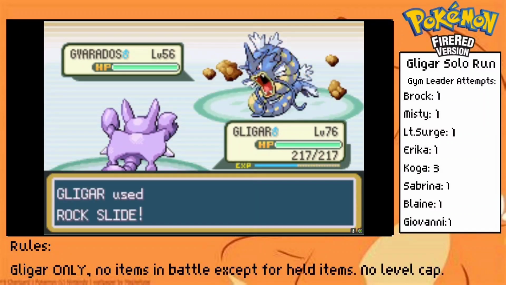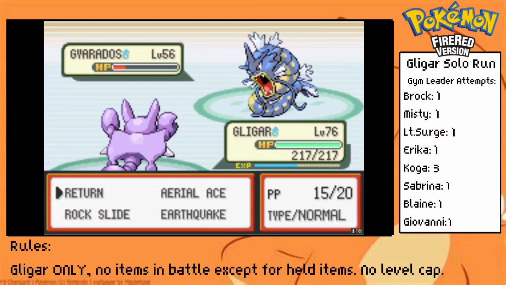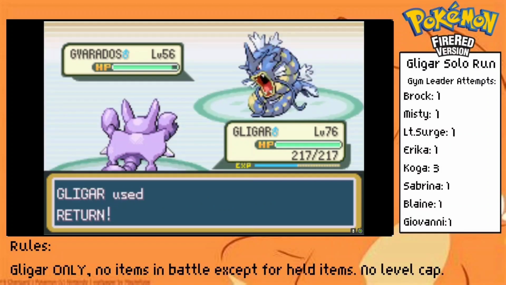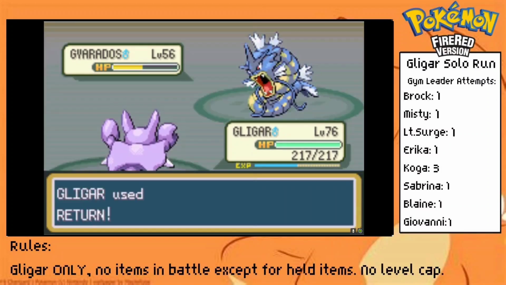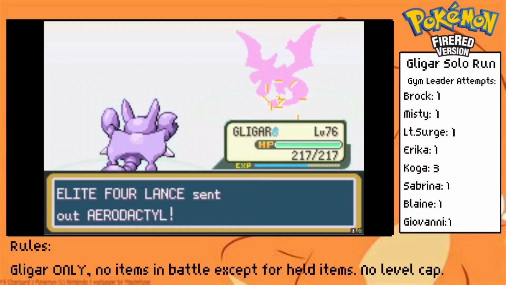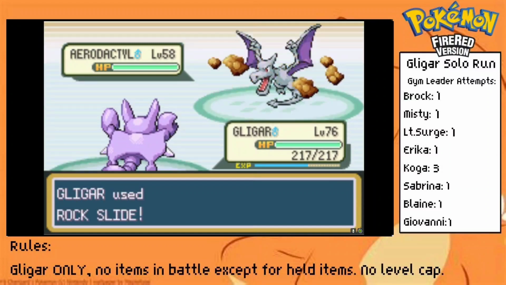We go for a Rock Slide on the 1st turn and we knock it into the red, and we manage to get the flinch. Lance then heals, so I go for a return to avoid putting it into healing range again. The return does about half, so I decide to go for another return to avoid risking Rock Slide missing. We're faced with Aerodactyl next, so I opt for a Rock Slide, which manages to get a critical hit and